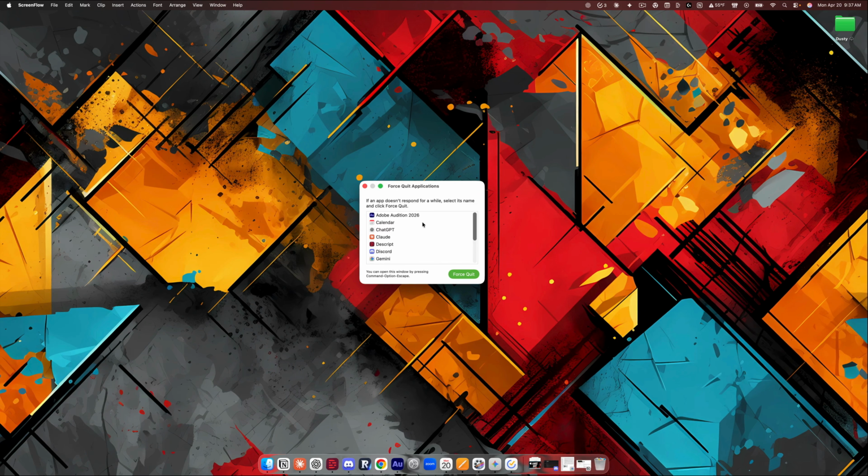In order to force quit applications on a Mac, there are a number of ways to do it, but I'm going to show you the two easiest. So if one of your apps is frozen, or you see that annoying little rainbow wheel of death where it's